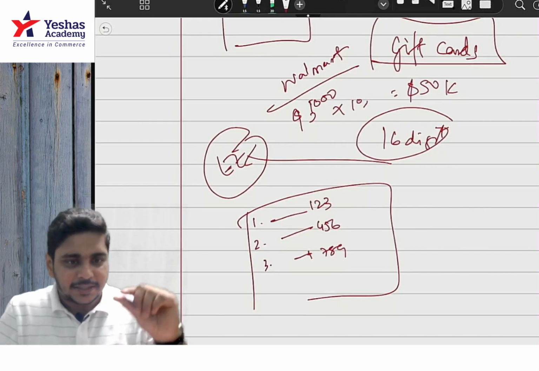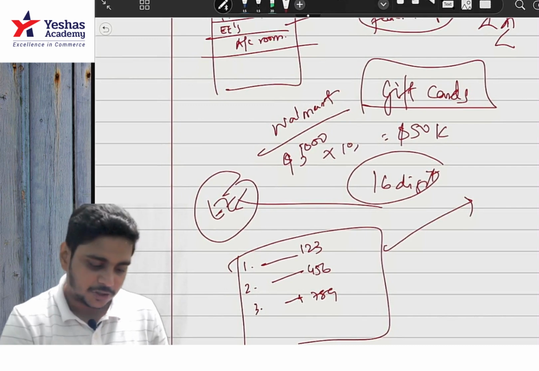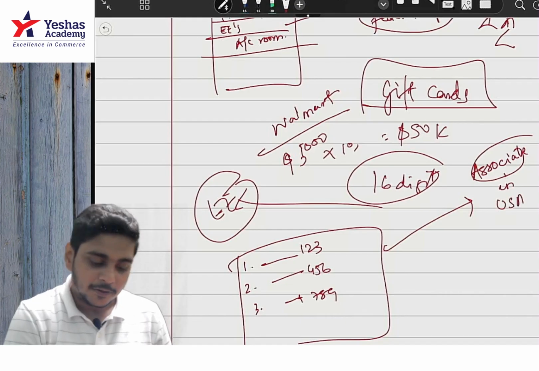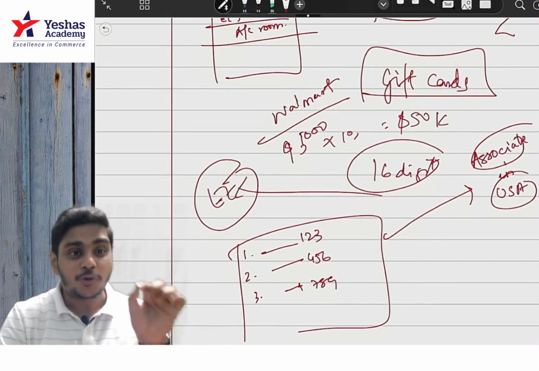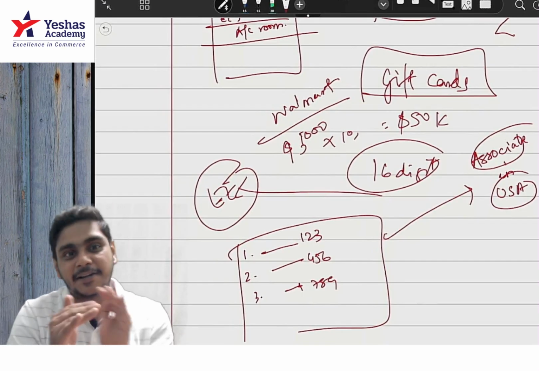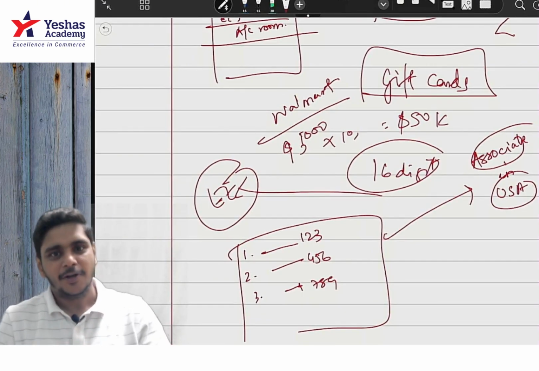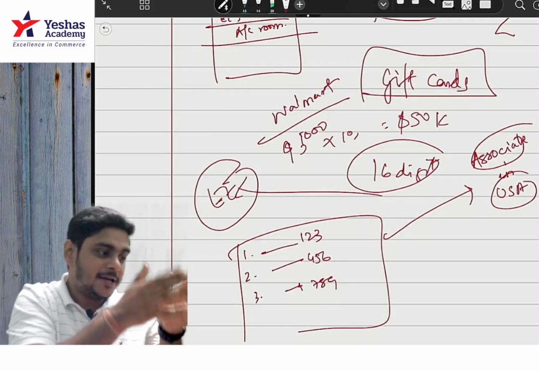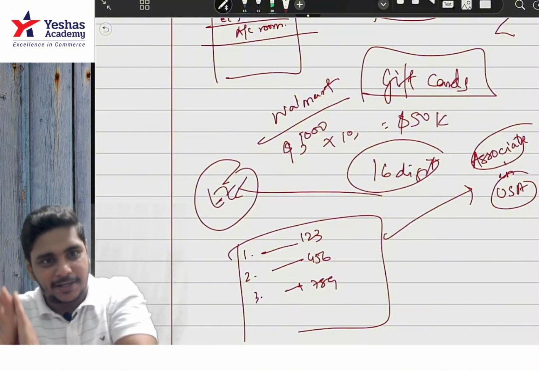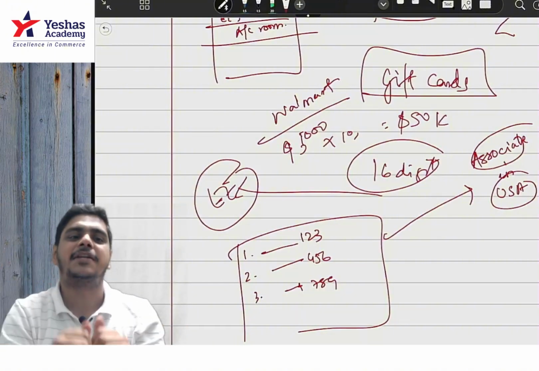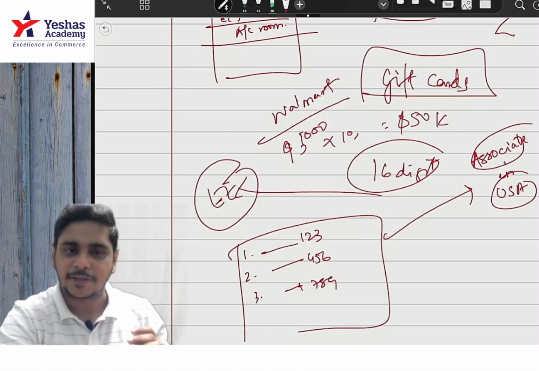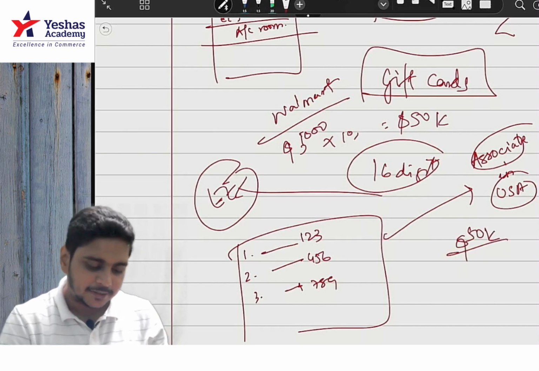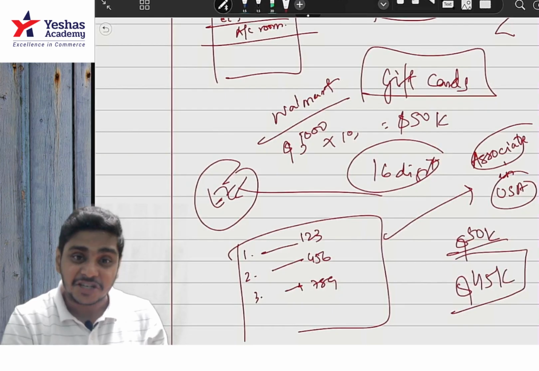Now what will he do? This list would be shared with their associate who would be sitting in the US. What will he do? He will go to Walmart, or maybe in the grey market, and sell this gift card at a discounted rate. Let us assume a 10% discount. So Walmart first sold to that US citizen, the US citizen gave that serial number to the employee in India, and the employee in India gave it to his partner in the US. That guy will sell it at a 10% discount. So for $50,000, he will get, let us assume, $45,000 in cash.